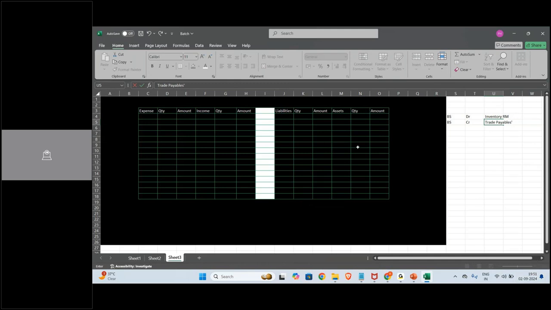Let's say I am buying inventory RM, some 2000 units, each one at 125. So how much did it become? 2,50,000. So my buying cost per unit is 125. What is the other side of the entry? Trade payables. Yes. Trade payables is 2,50,000. Agreed. I'll take the total here.